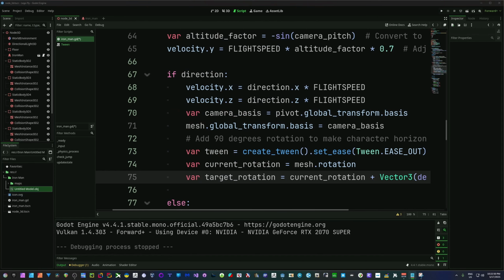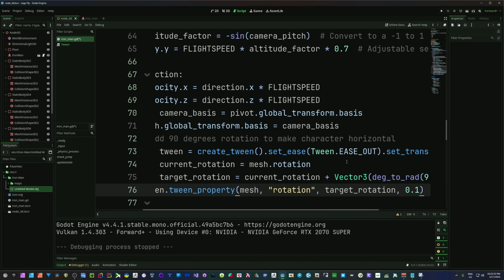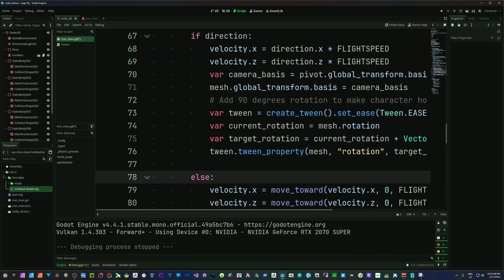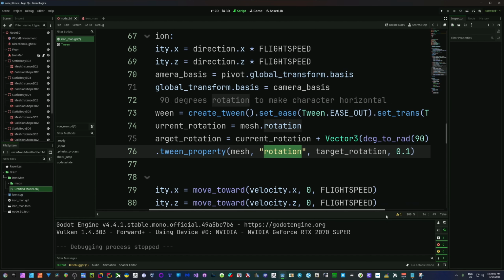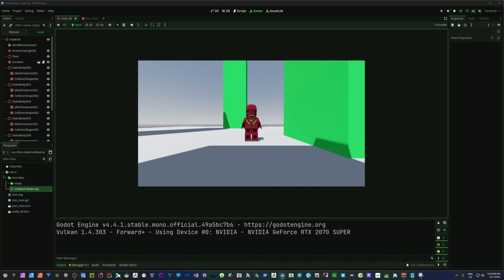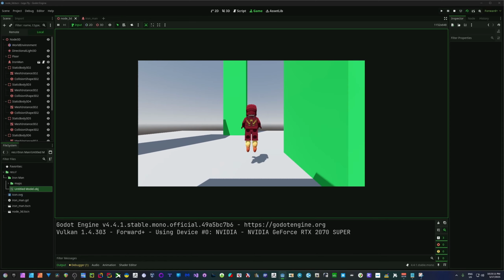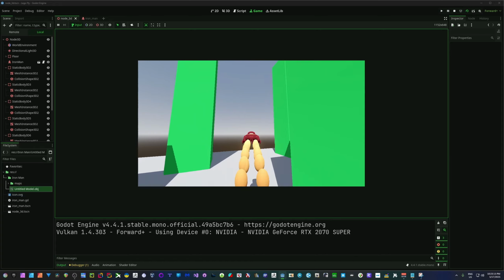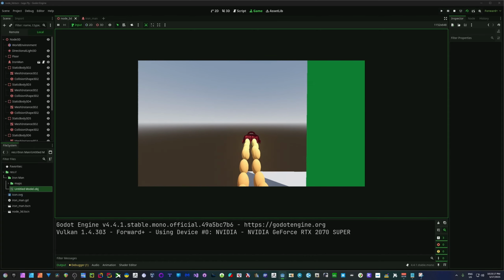And then we're simply going to tween the property. Right, so tween property, pass in what you want to tween, which is going to be our mesh. The property we want to do, which is rotation. And we set that to target rotation, and we do it in the span of 0.1 seconds. And if we take a look, you see if we hold forward, we got that nice lean forward happening,